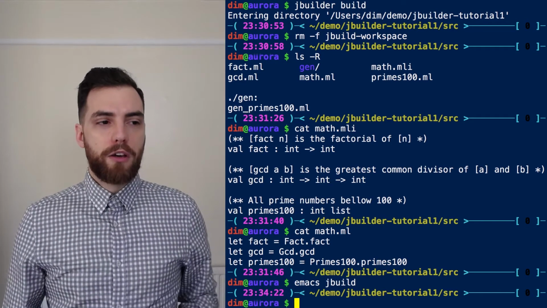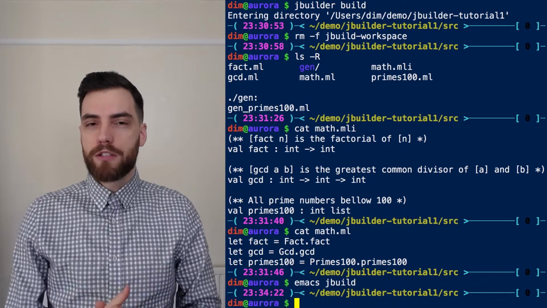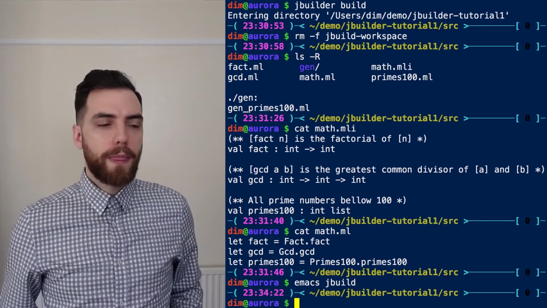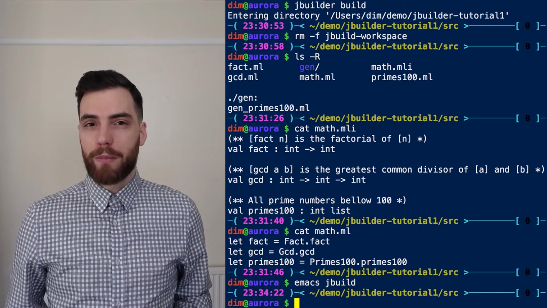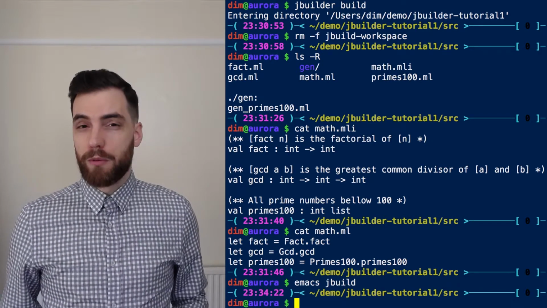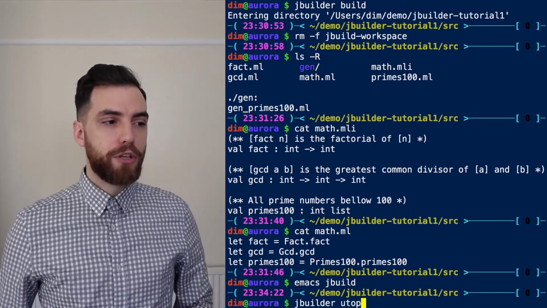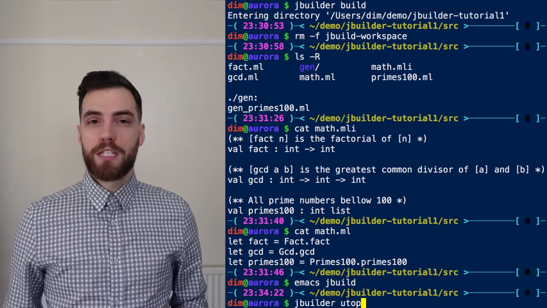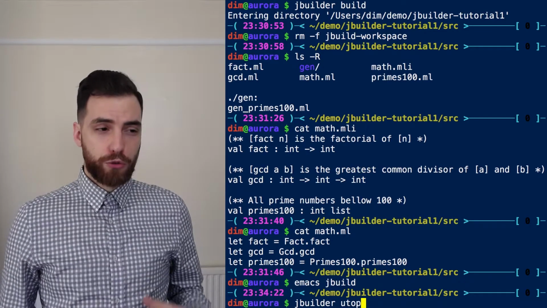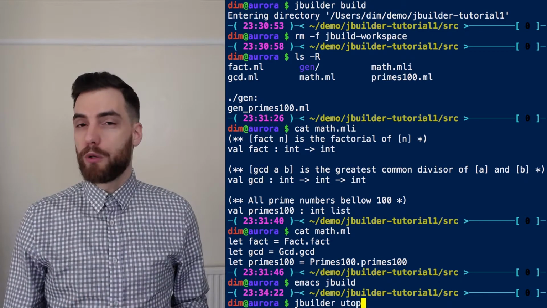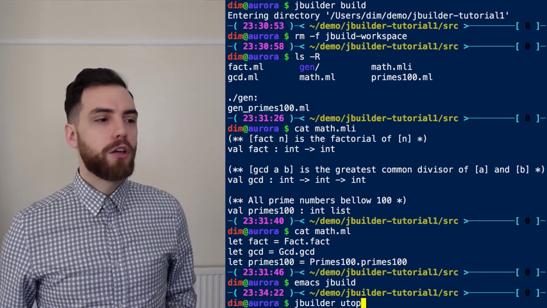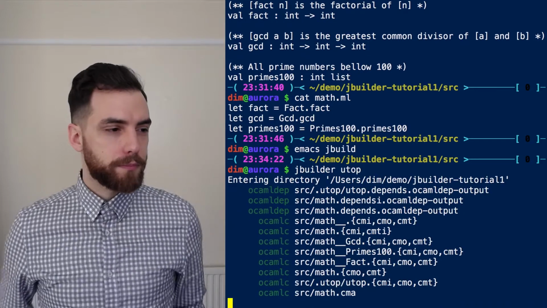Now we can ask JBuilder to build the library. Simply building the library is not very interesting because there is not much you can do with just a built library. However, one thing we do very often in OCaml is test our code in the interactive top level. Doing that with JBuilder is very easy. All we have to do is type jbuilder utop. It is called utop because it is using the utop software, which is a better top level for OCaml. To use it, you will have to install utop first. If you are using OPAM, typically you will have to do opam install utop. And once this is done, you can type jbuilder utop like this.